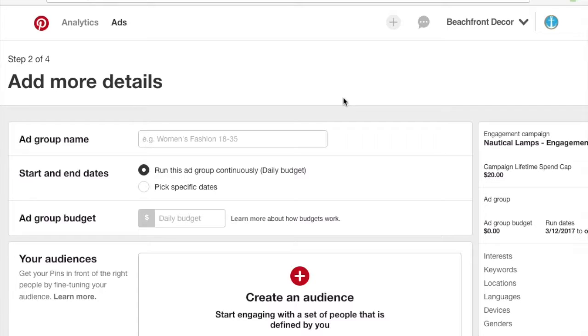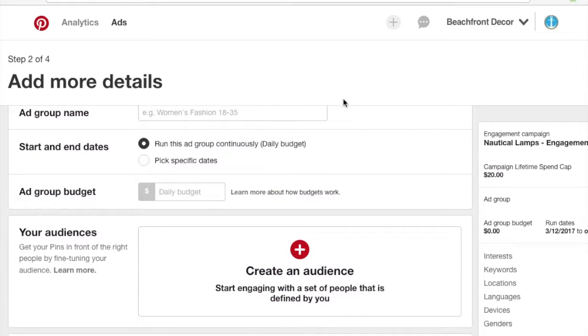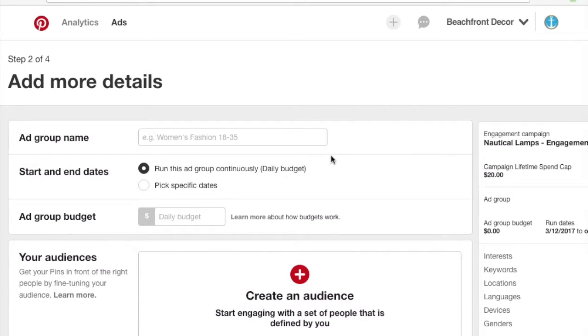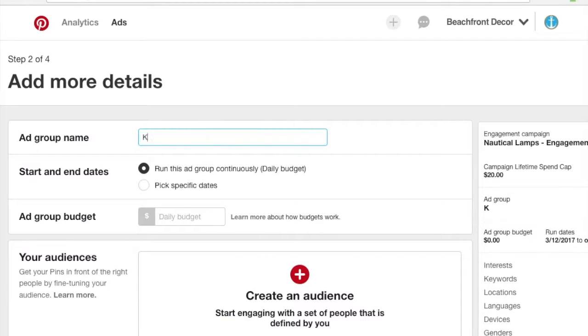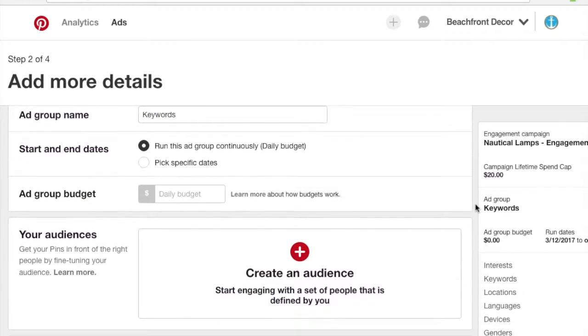So back to here. I was talking about how Pinterest set up campaigns, ad groups, and ads now in the same way that Facebook, Google AdWords, Bing Ads, all of them do as well. So for the ad group name, since we're doing nautical lamps, I just want to do an ad group for keywords. So I'm going to be targeting people who are specifically typing in keywords that I want to,